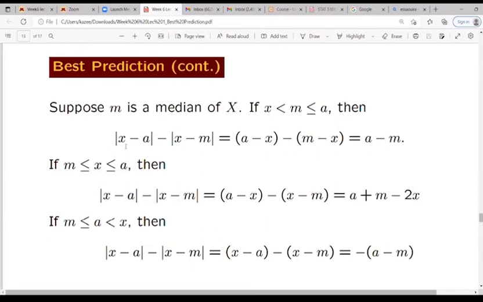If I want to remove the absolute value, I'm just going to switch. That's exactly what I'm doing here. If I want to remove the absolute value, I'm actually going to switch X for M. That's exactly what I have here. And this is going to be minus M plus X. That plus X is cancelled out, and I'm going to end up with A minus M. Take a look at that.